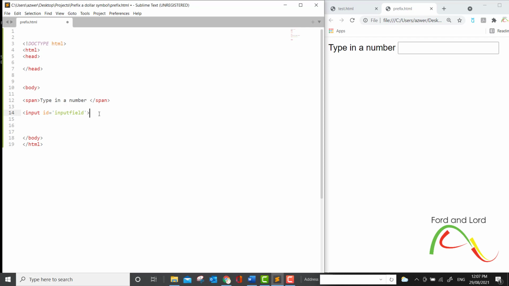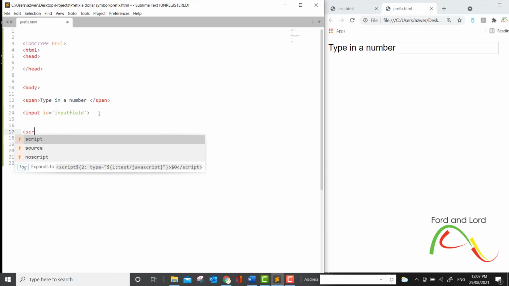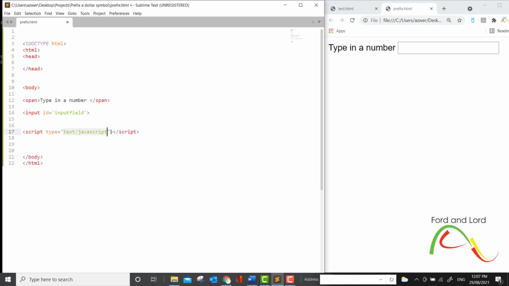Now I can create my JavaScript. I'll create a script tag, so we have an opening script tag and a closing script tag, and within these two tags I will say document.getElementById.